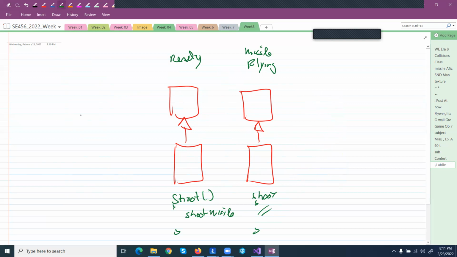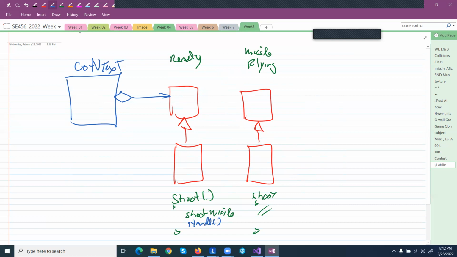Right. But the context can only be pointing to one at a time. So the context says, hey, I'm pointing to ready. So when somebody says, okay, cool, ready, I can move right and left all day. When I hit shoot, I know that this changes my handle. So I can sit there and say, okay, call the handle